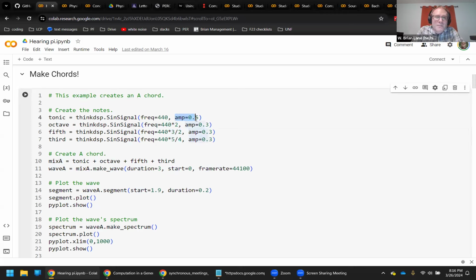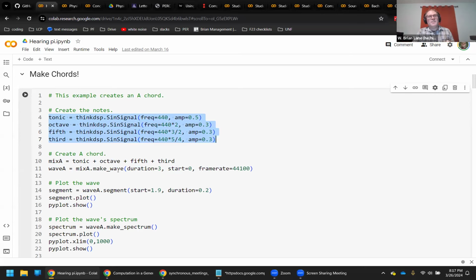You can also play around with the amplitude. You notice I'm giving the lowest note the higher amplitude. We have this concept in music called the pyramid of sound, that the lower frequencies should get a little bit higher amplitude. But again, all this is doing is creating some sine functions. This is the type of stuff you're probably accustomed to doing in a programming environment.